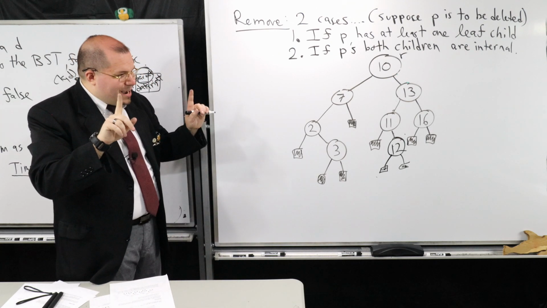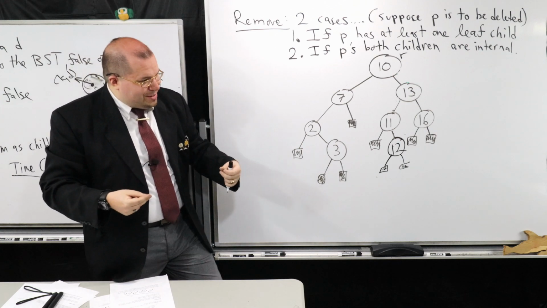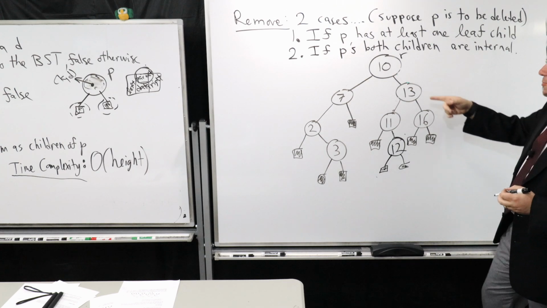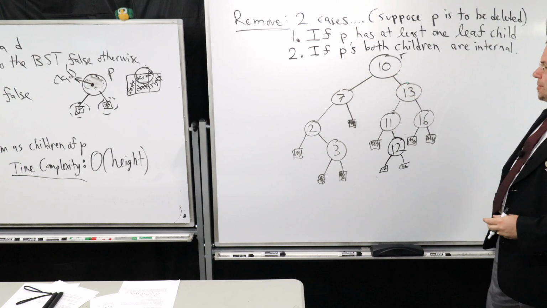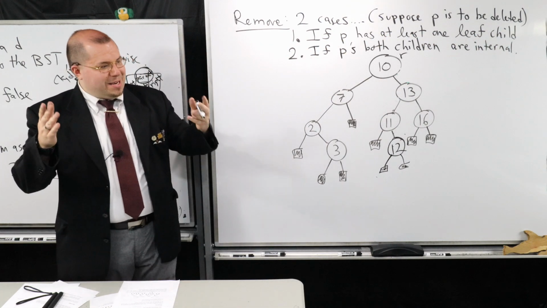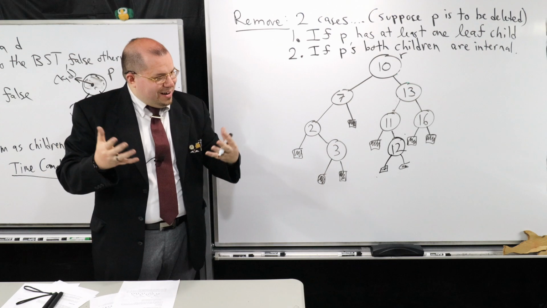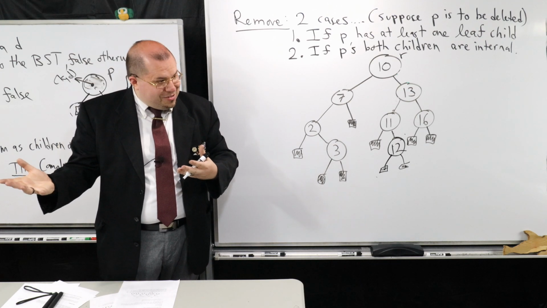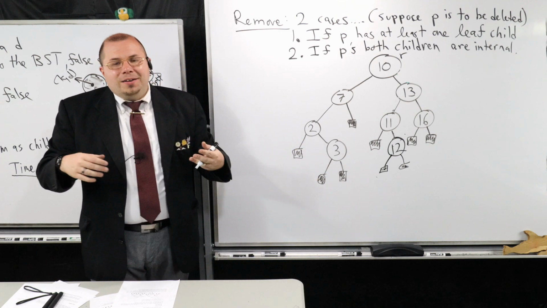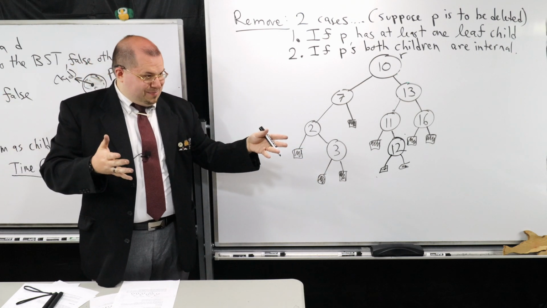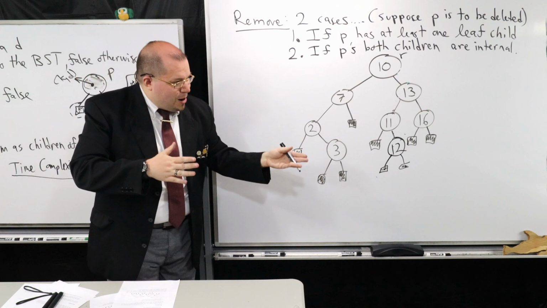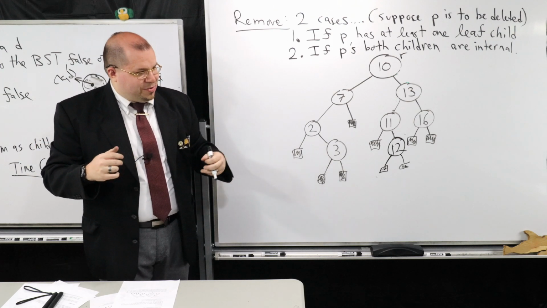I want to propose an idea to you, and we'll walk ourselves through it to derive the idea, or at least one idea for removals. Suppose I wanted to get rid of 10. Remember, we need to maintain that this is a binary search tree. At the beginning, before I get my hands on it and get rid of some nodes, it was a binary search tree. Now I want it to stay a binary search tree when I'm done. This is an example of an invariant. The idea is that before and after, they have the same property, that it's a binary search tree.